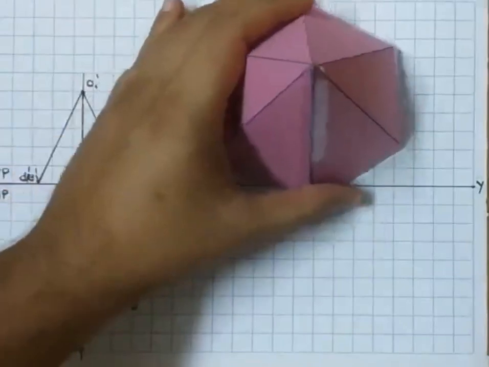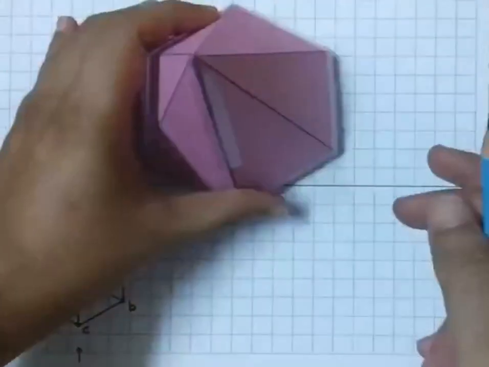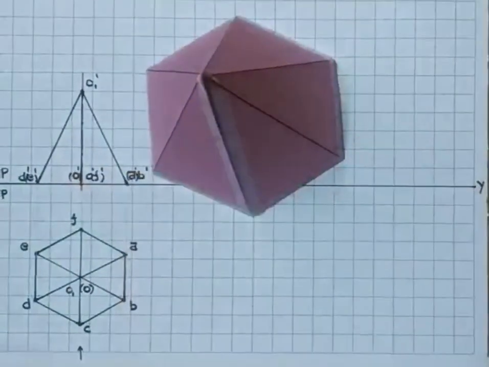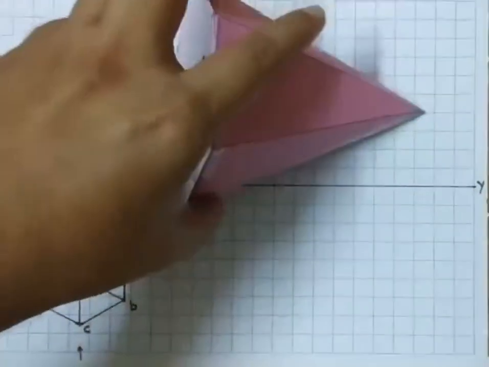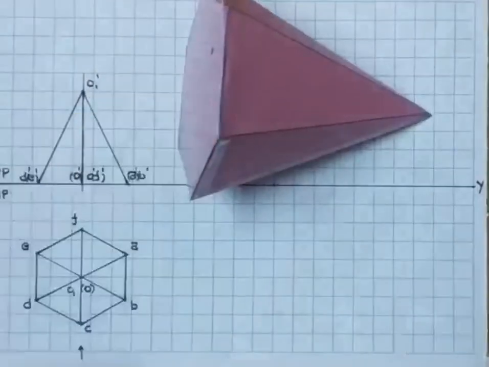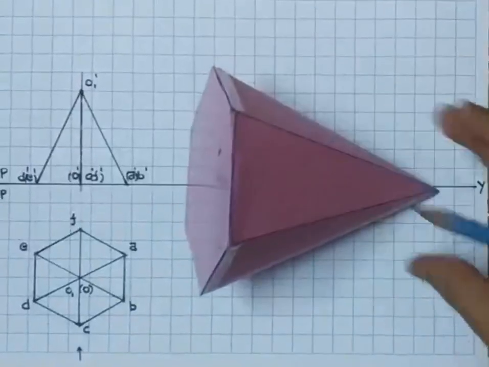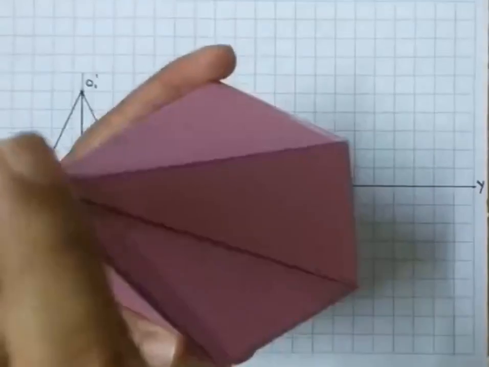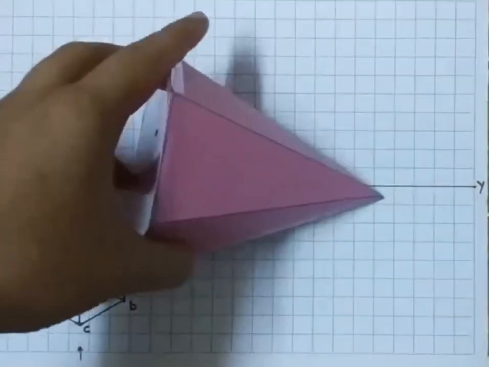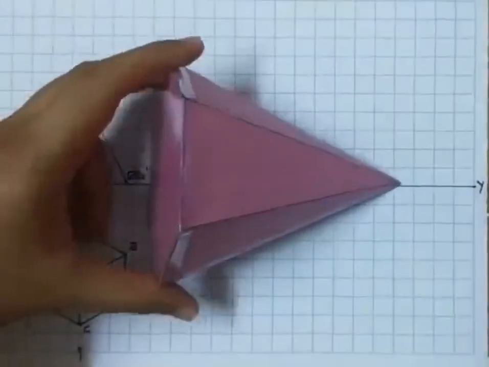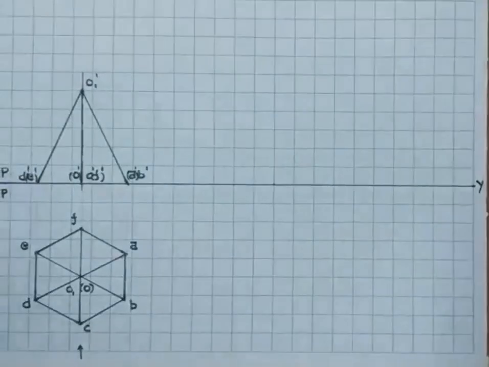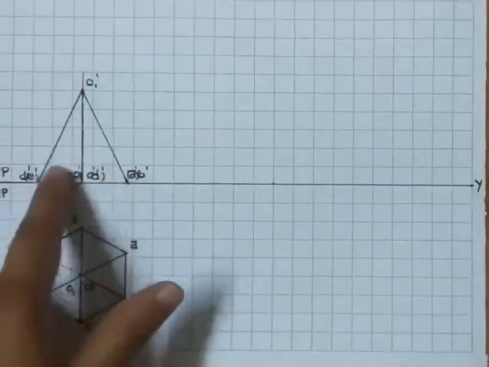So now this is the triangular face. I am going to take it as A, B, O. O, A, B is the triangular face and it is resting on HP, so this is the required condition of the pyramid with respect to HP: it is resting on one of its triangular faces on HP. So now at this position I will take once again the front and the top views.